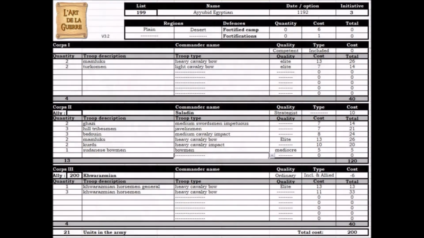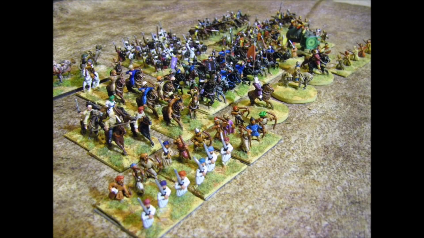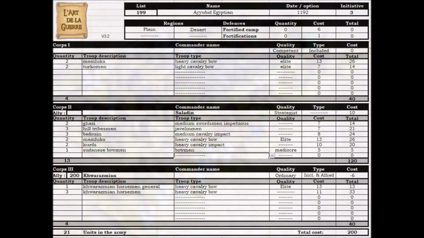Well, the idea here is that what I want to do is combine up all the heavy cavalry bows together. So you've got 2 from the first command and 2 from the middle, yeah. Basically 8 heavy cavalry bow, which are much better at fighting against bowmen in the open because they've got the armor ability. So if they can go forward as a group, they can pin, control enemy knights, pump out a lot of shooting, and then you want to keep the Kurds and the medium cavalry impact